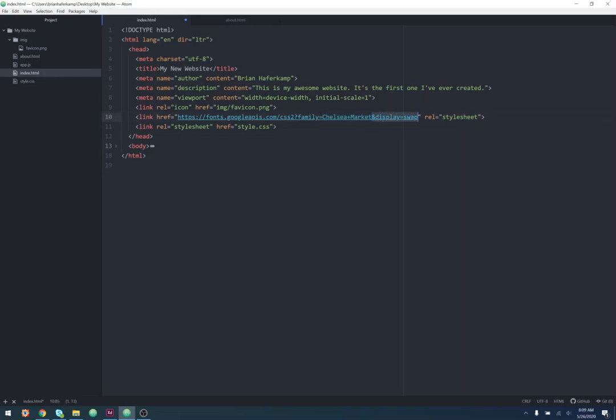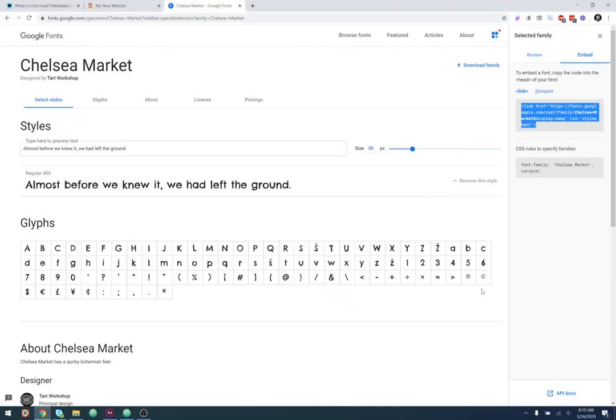And this is stuff that you don't necessarily need to know about right now. It has to do with typography on the web. And you can see that this is a style sheet that we're connecting to. Okay, so same sort of relationship that our style sheet has. And then it also tells you in the CSS you need to specify this particular rule or property value pair in the CSS. So let's just copy that, Control C,